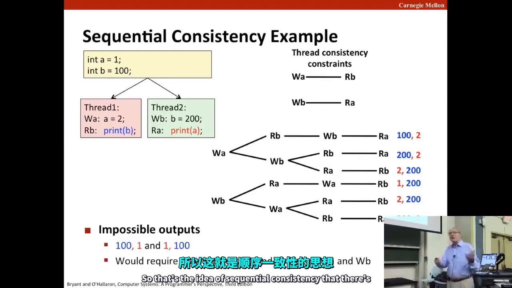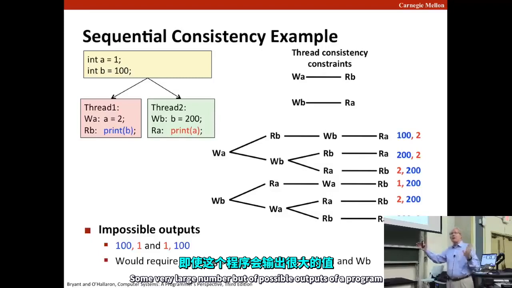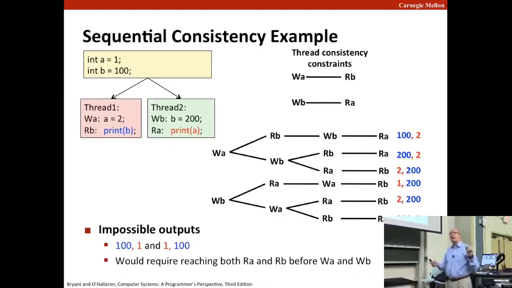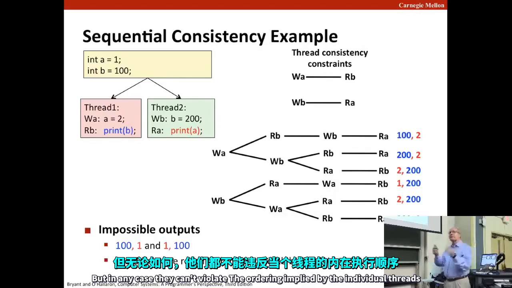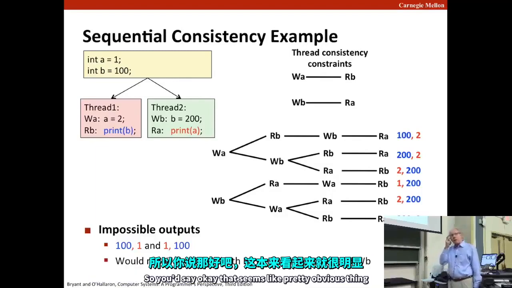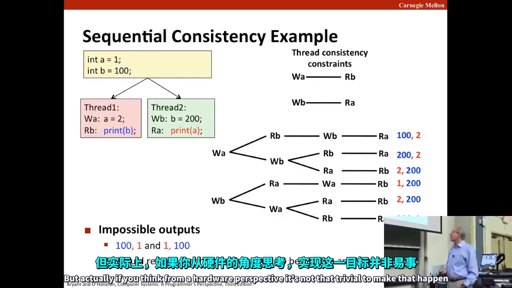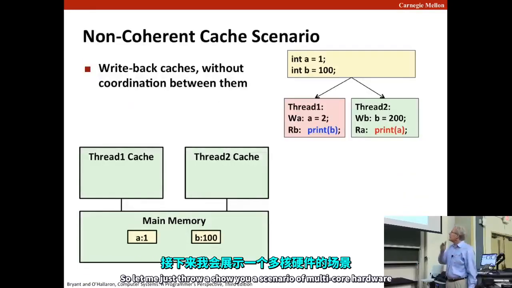So that's the idea of sequential consistency: there's some very large number of possible outputs of a program, but in any case, they can't violate the ordering implied by the individual threads. So you'd say, okay, duh, that seems like a pretty obvious thing. But actually, if you think from a hardware perspective, it's not that trivial to make that happen. So let me just